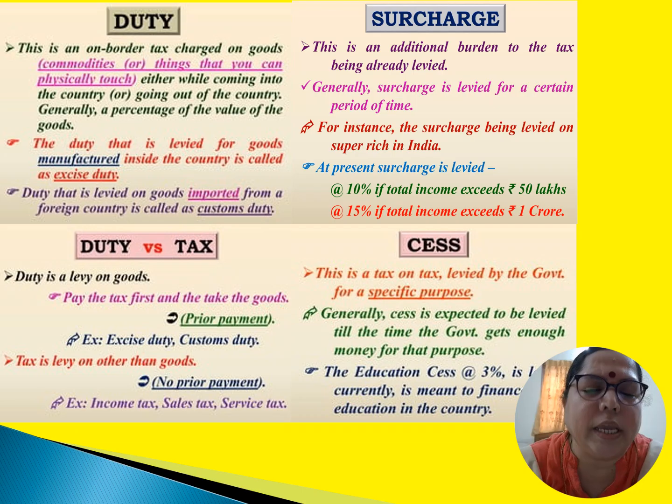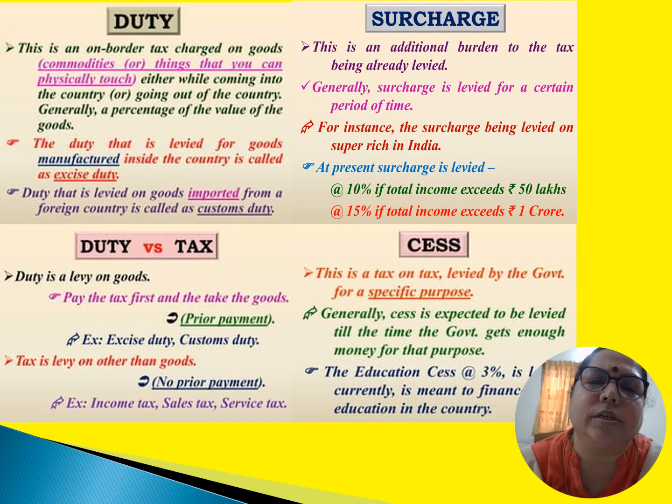So these are on income or wealth and it is not necessary to pay them prior to the particular event of calculating income tax. So advance tax is paid, or tax deducted at source. These are paid in advance, but it is not necessary to have such a prior payment unless the slab rate or the slab is more. So if our income is more than a particular slab amount, only then we become liable to pay the tax in advance.